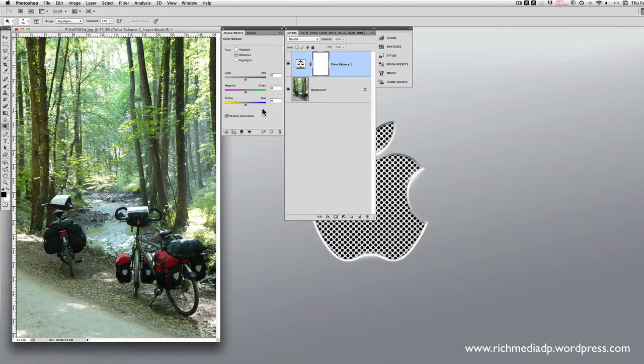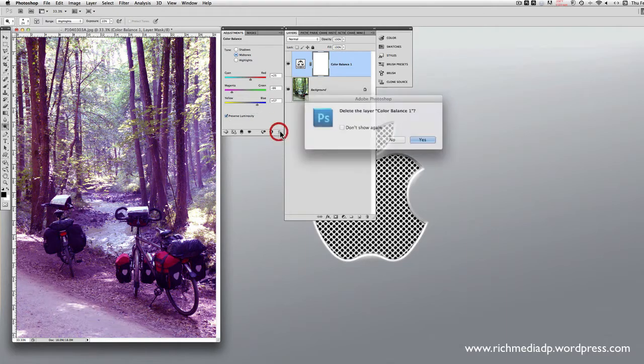So anyway, going on to the next one, and again, this is a color balance. We can change colors rather than saturate colors, you can change colors. That's kind of cool. It's kind of surreal. Okay, and going on to the next one